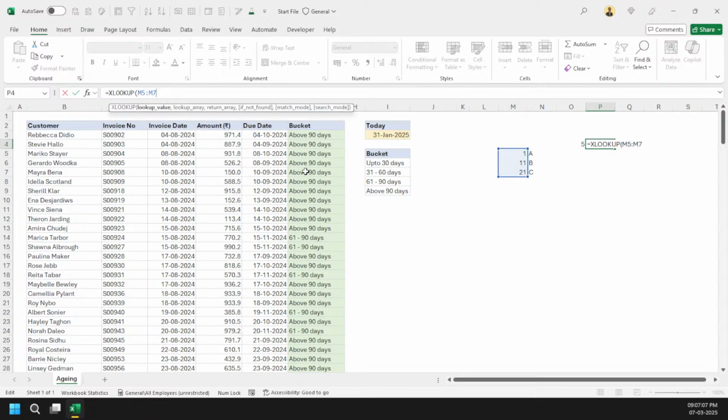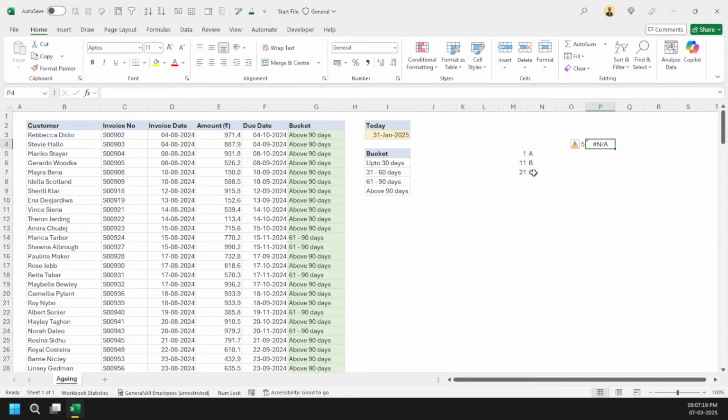this is my lookup value, here is my lookup array, and here is my other array. If I do it this way, it won't give me anything, because there is no 5 value here. So what can we do now? Most of the time, as I've told you, people will go: if this value is less than 1, then give me A; if this value is greater than or less than 21, something like that logic. That's what most people will be doing.